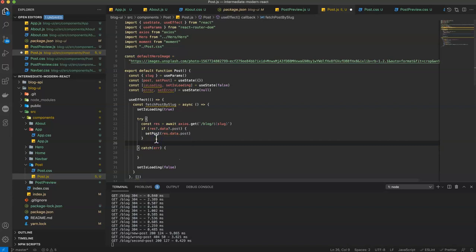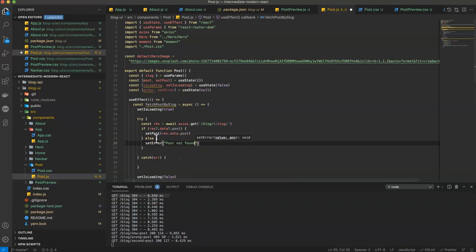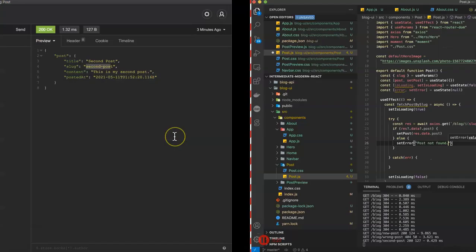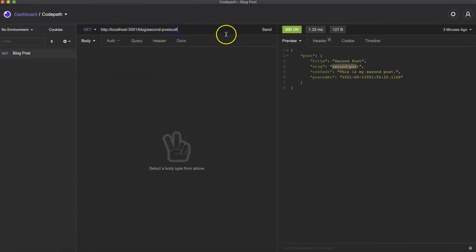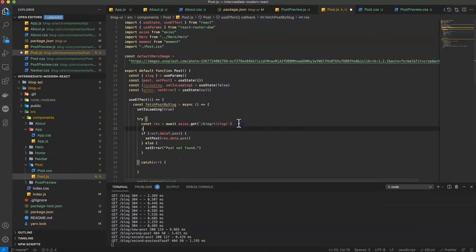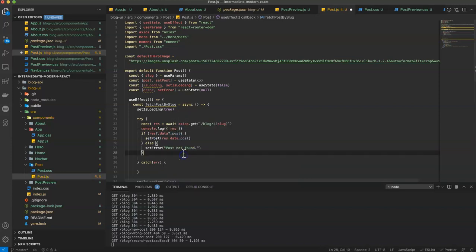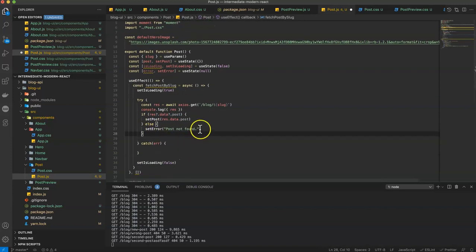Now, if there's an error, on the other hand, or if not res.data.post, else, let's just use an else here because it's simple enough. I usually don't use elses, but it works fine. setError post not found. Though we could actually probably check this value here, because if we spell something wrong here, it'll send us back an error. So it'll be res.data.error, and we can go through that, but let's actually just console.log our res to see what's up. This might even be an easier way to do it. Then we'll set the error post not found, and just so that we don't have to deal with this, we'll do the same exact thing right here. console.log